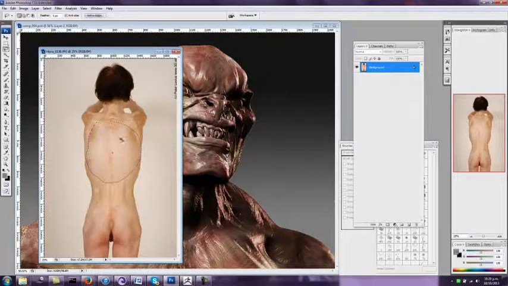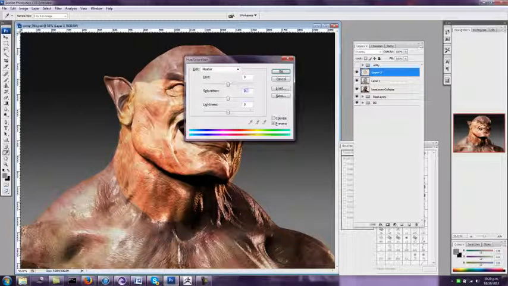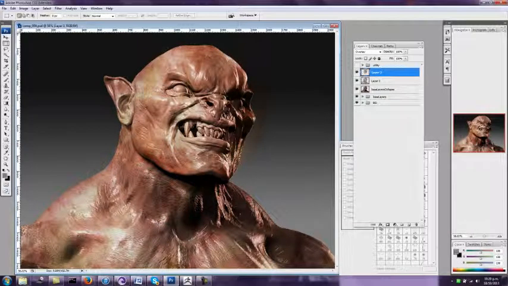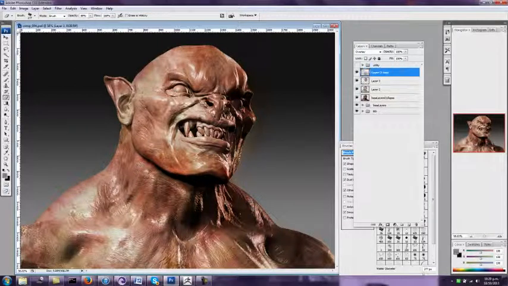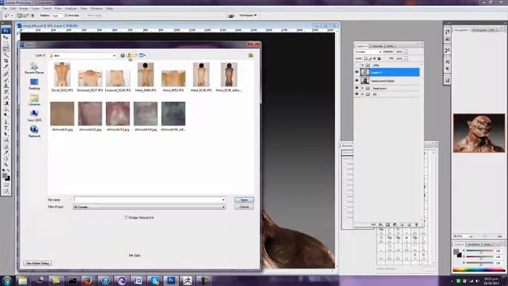I'm just grabbing another sample of skin, just one more with some interesting sort of moles and markings on it. This is again from 3D.sk. Adjusting the saturation and the lightness, and then just hitting that on top of the head and erasing out areas. Just basically try to punch up the sort of peachy, light skin tones of the character